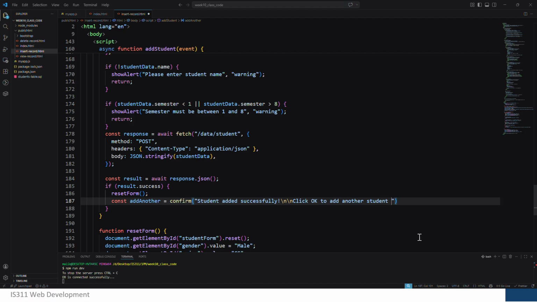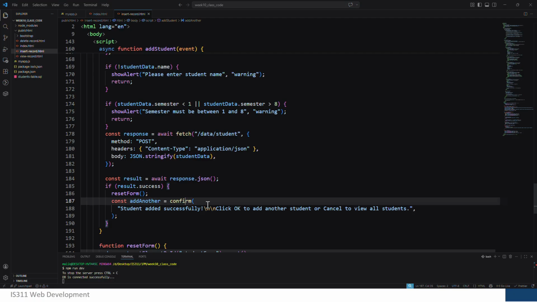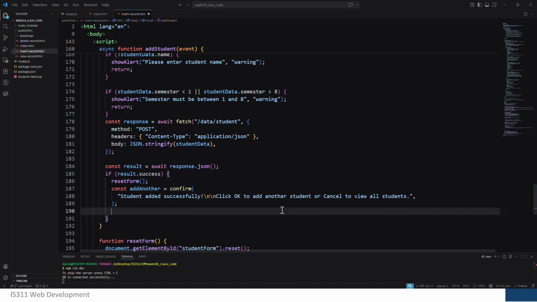or cancel to view all students. Okay, so when we say cancel, actually this will show a pop-up message to the user that the student has been added successfully. And if you want to add one more, then click OK. We will keep the user inside the same page. Otherwise, we are going to move the user from the current page, which is the insert record page, to the